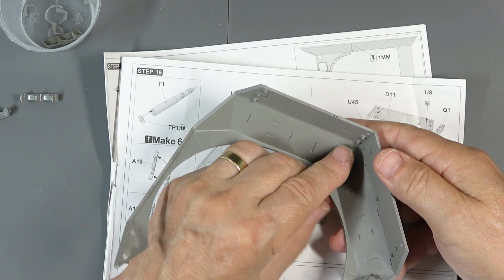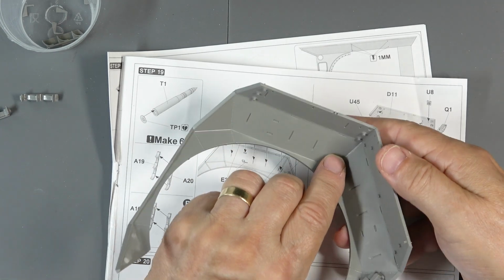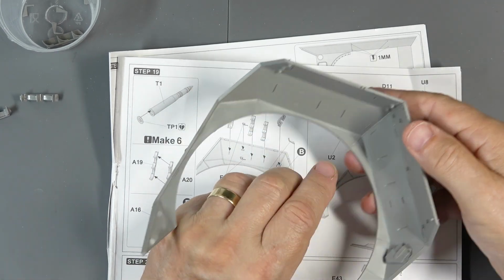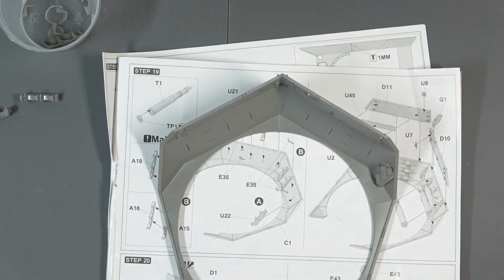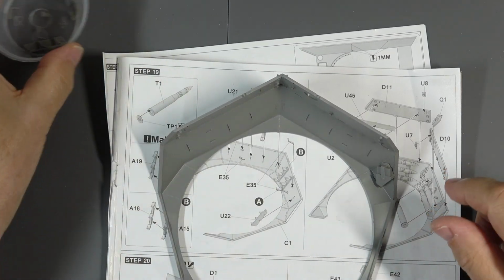Bottom, it lines up to the bottom. The bottom up bit lines up there, as you can see. So anyway, I'm going to do that later. I'm going to put that in there out of the way. So that's it. So we've done that. We've done those bits and pieces, and